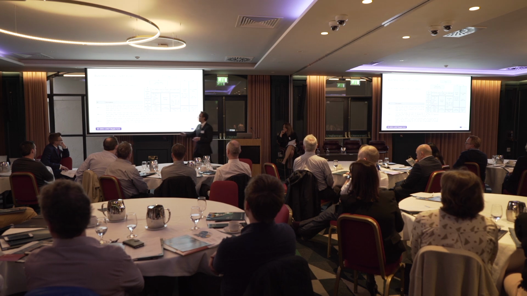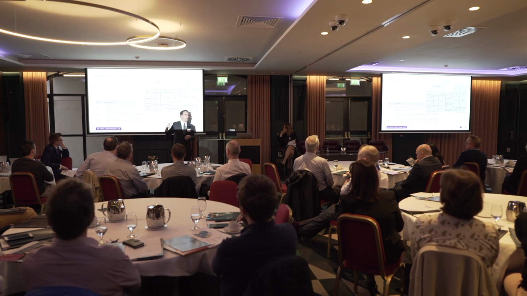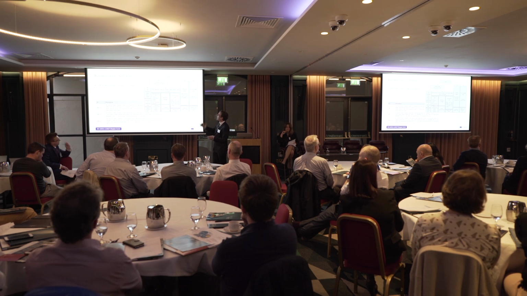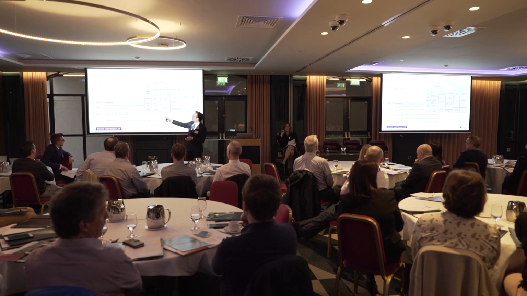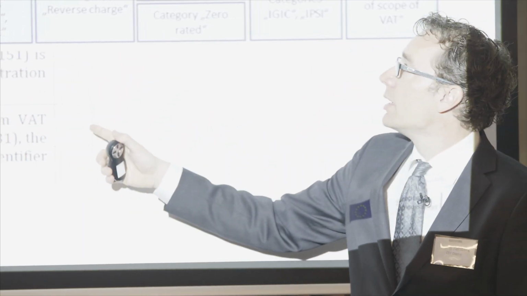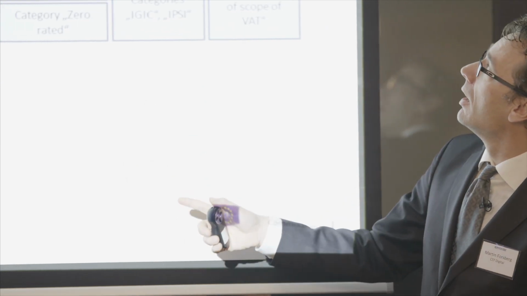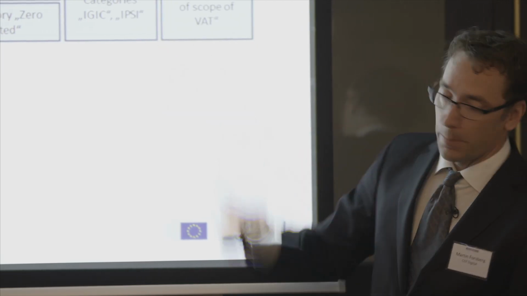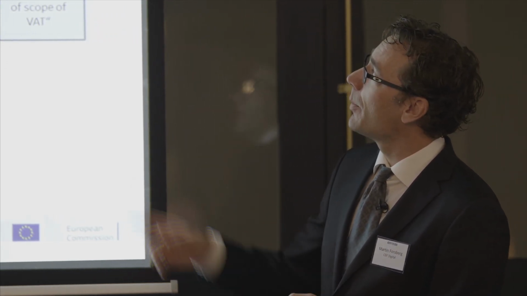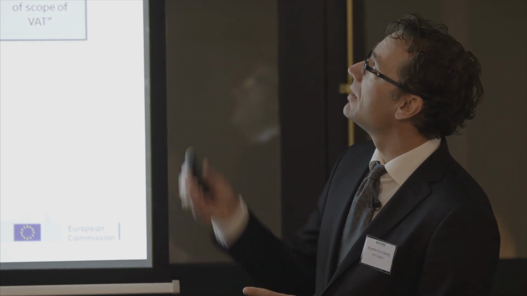Three main ones, and they would all be standard rate, and then you have a percentage saying that this is 25 perhaps, and this is 12, and this is 6 perhaps in Sweden. And then you have other types of categories. We have those that are exempted from VAT, where we have reverse charge, products that are 0 rated, and then we have some from the Canary Islands. A bit surprising perhaps, but they have a specific VAT scheme there. And then finally, where VAT is totally out of scope.